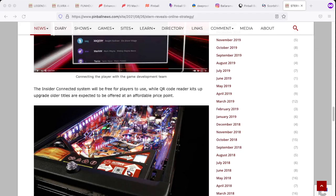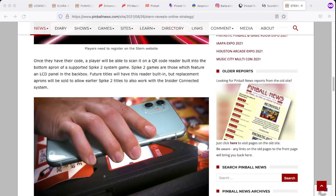So unfortunately, it's not free in that sense, and I'm sure it's being factored into the cost of their machines, because instead of just putting a QR code on the screen like Scorbit does for the Jersey Jack games, this is a physical QR code reader. So obviously there's production costs in that. So you're paying for that one way or the other. Yeah, I don't love that. We reached out to Zach, and I figured this is why they did it. It makes sense, and he told us basically that